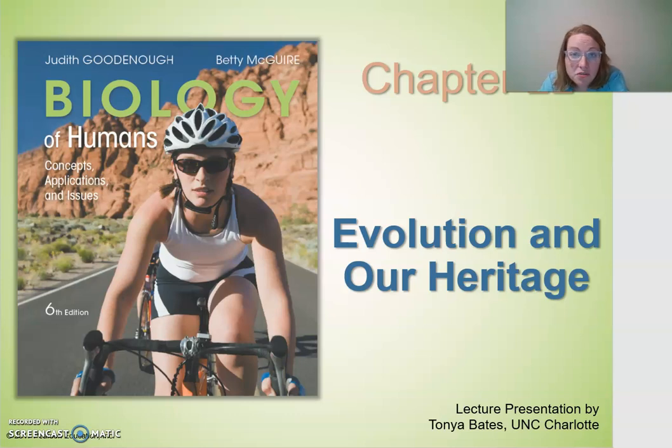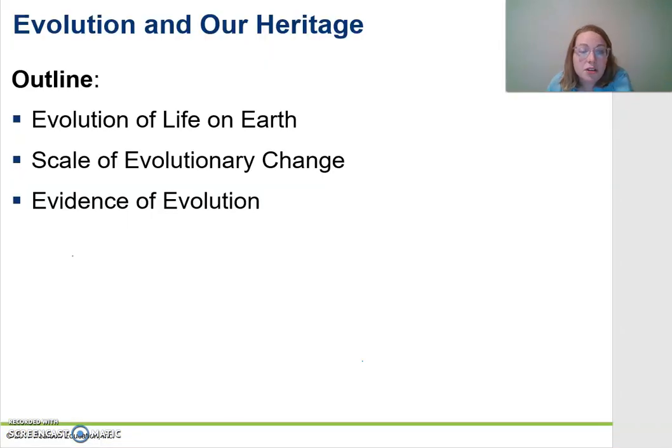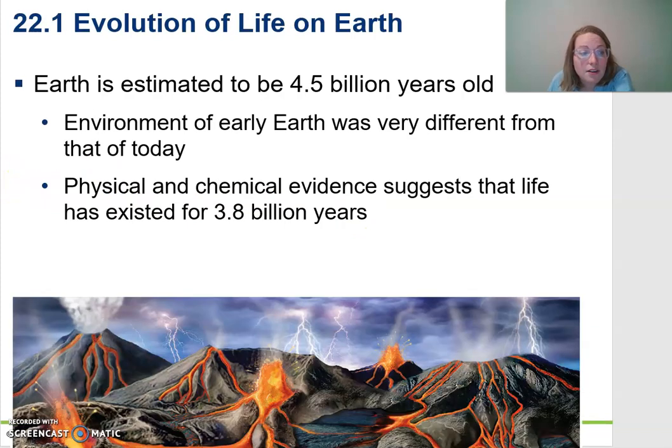In our human biology course, we've covered the body systems, their anatomy, the structures, and their physiology, the functions. Then we started going through general bio topics. We hit mitosis, genetics. Now we are into evolution. When you look at our course competencies, most of this is on the evidence of evolution. So we'll spend a little bit of time on general evolution info, scale of change, and then a fair amount of time on the evidence of evolution. Okay, let's get started.